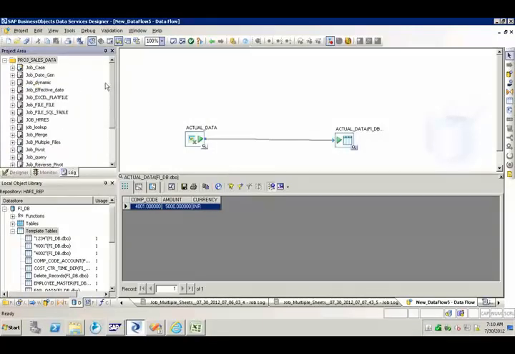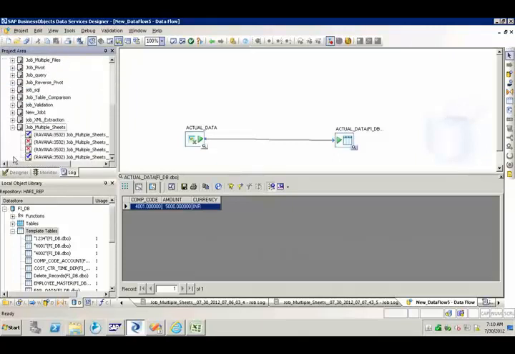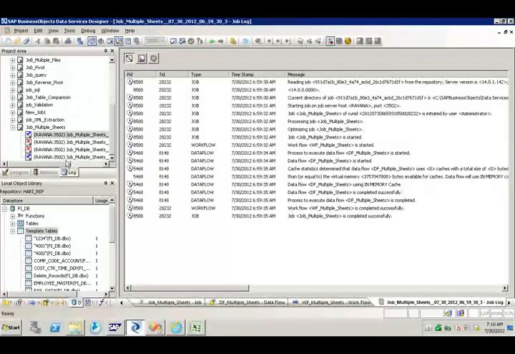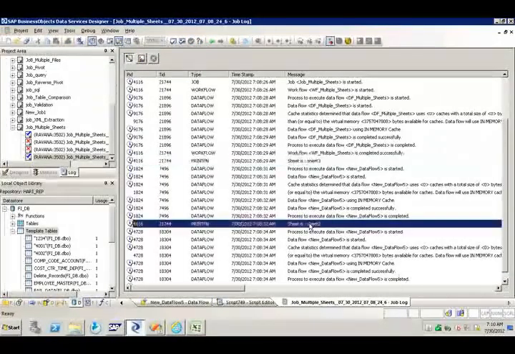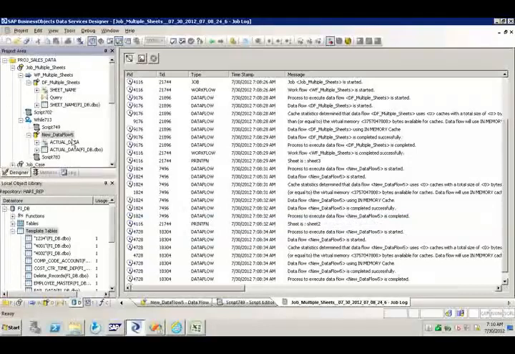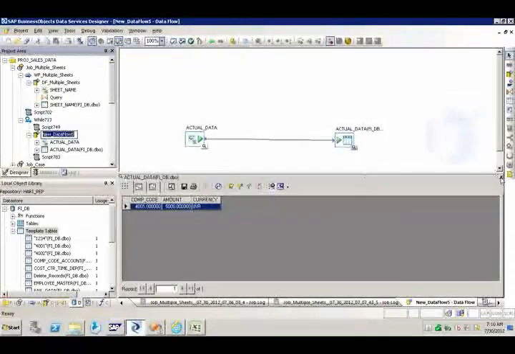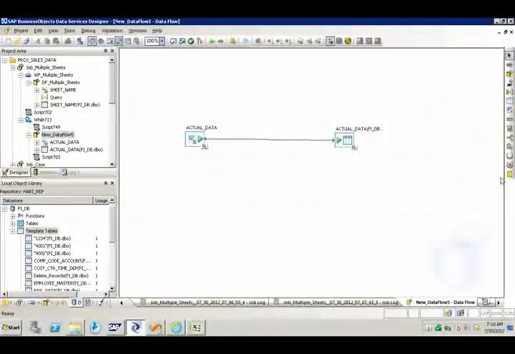If you see the log, first sheet 3 is processed, then sheet number 2 is also processed. Then we should have 2 records. Okay, but we are having only 1 record.